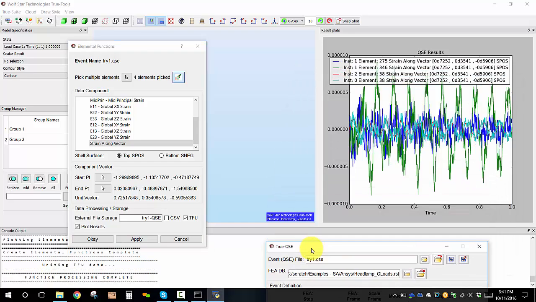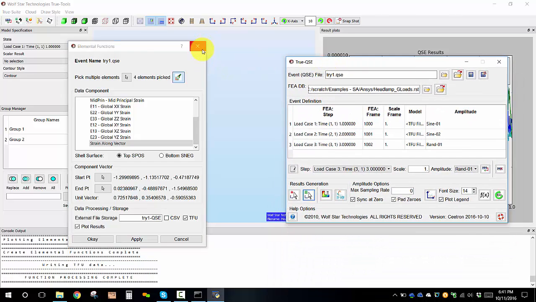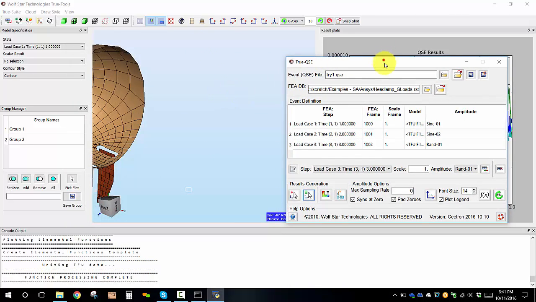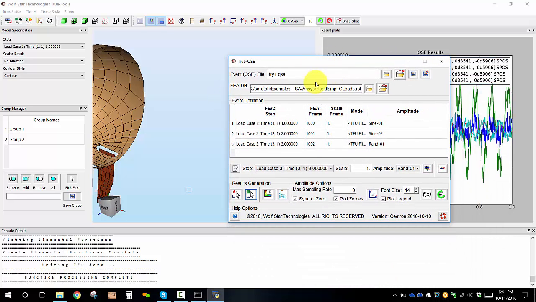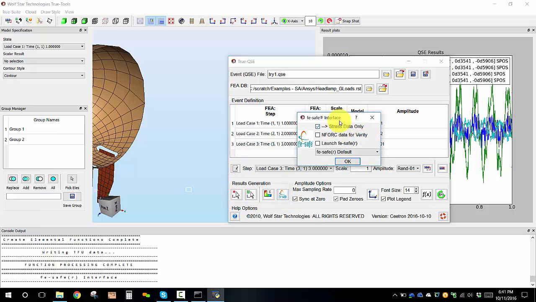and there we have it. Okay, pretty easy, pretty straightforward. And so I'm going to show you one last functionality in QSE right now, and that's FE-safe export. So if we wanted to run an FE-safe run based on this event, this is basically a scale and combine event in FE-safe. I can just hit this button here and really simply just say apply,